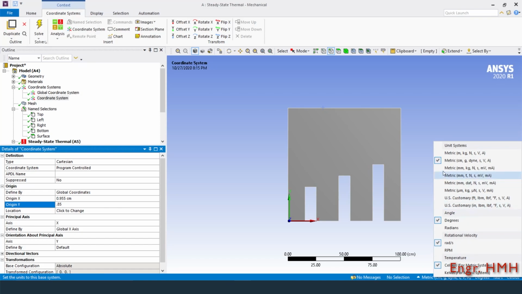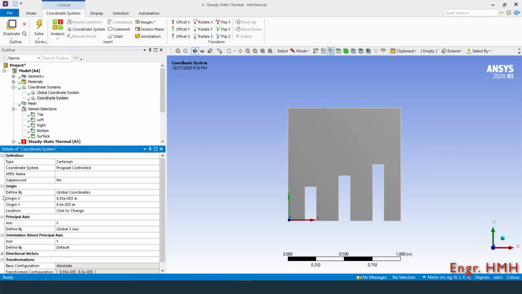Change the unit system to meter. In this case, the X value is 0.955 meter and the Y value is 0.825 meter.